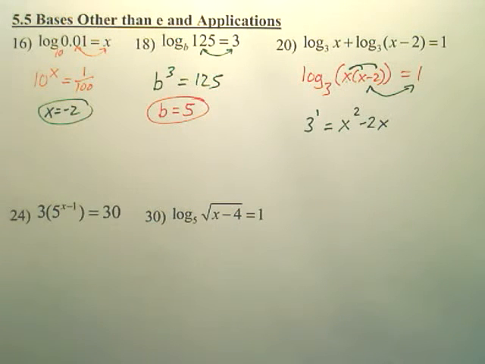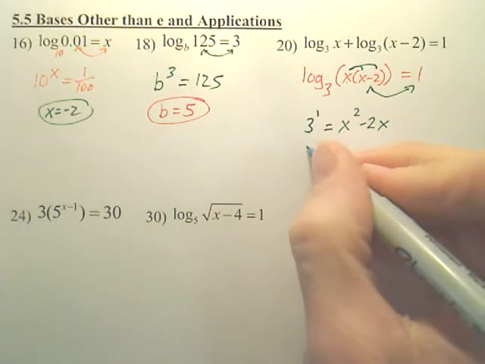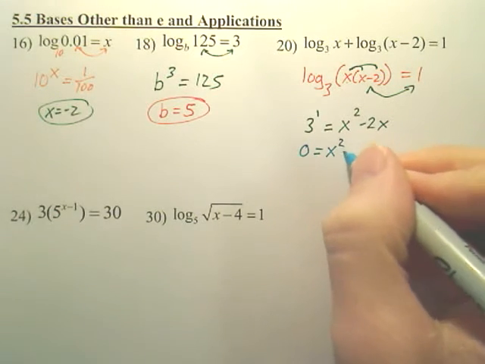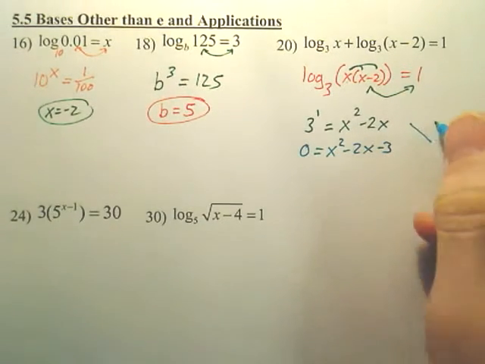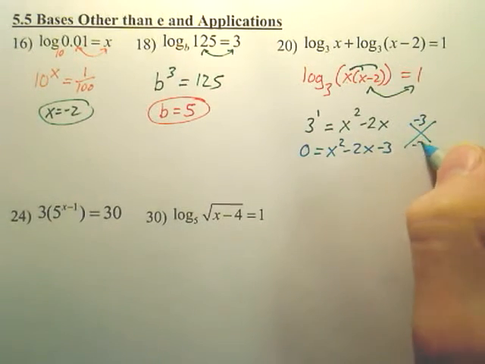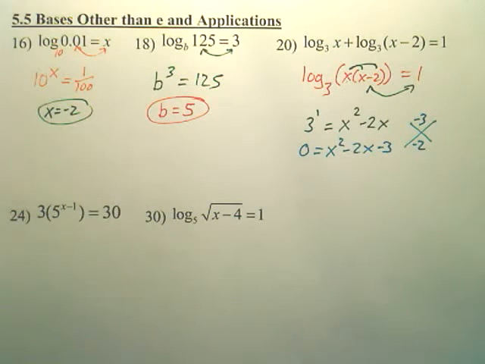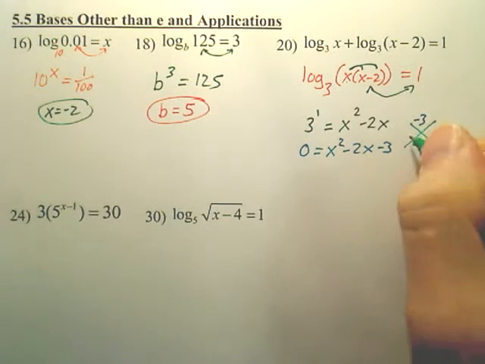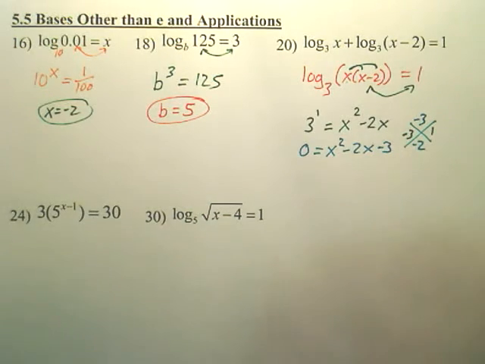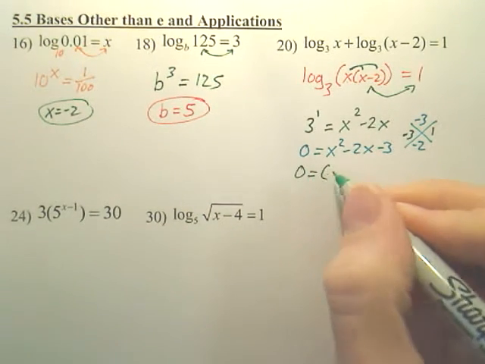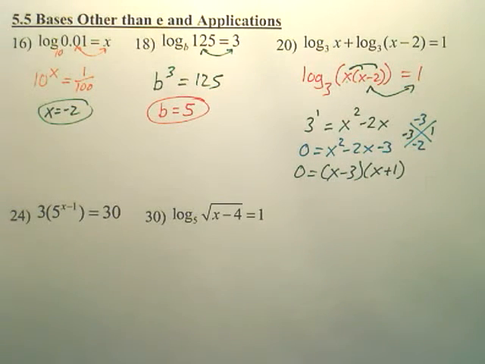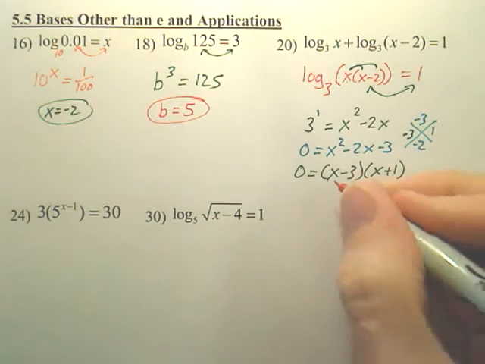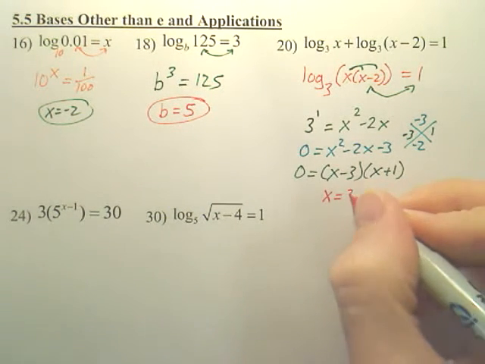And from there, I go, okay, I can solve that. That's a quadratic. 3 to the first, that's easy. So I have 0 equals x squared minus 2x minus 3. I'm going to move it over. I'm going to factor this, or at least try. It's always my first chance. First thing I want to try. Does it work? It does. It'd be -3 and 1. So it looks like we have x minus 3, x plus 1. And your answers are x equals 3